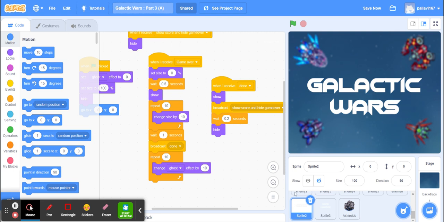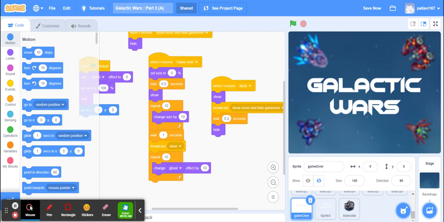In this sprite where I have written game over, I'm setting its size, and I'm going to simply increase that size by 10, and I'm going to do this 10 times. So finally it becomes 100%.